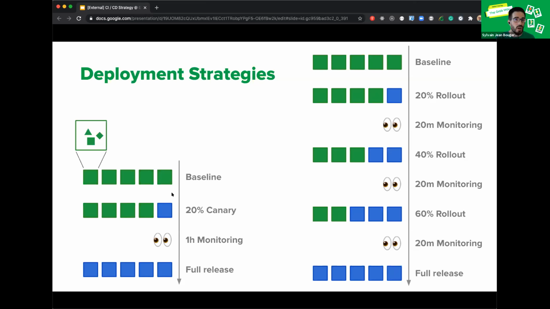Now, it's a pretty good process, but one downside is that when we go from the canary to the full deployment, all of a sudden you jump from just a small percentage of your traffic to the whole of your traffic on the new version. And what might happen is that some alerts don't get triggered on the small canary because it's not enough of the traffic to hit these alerts.